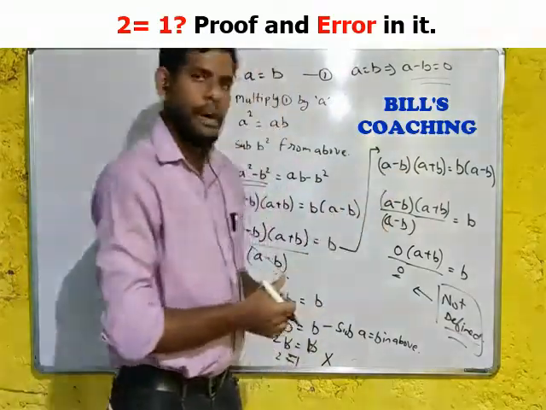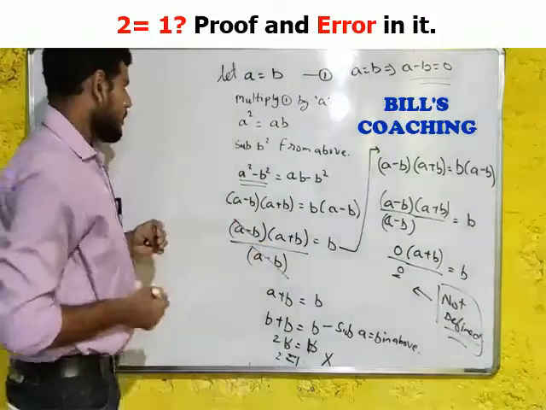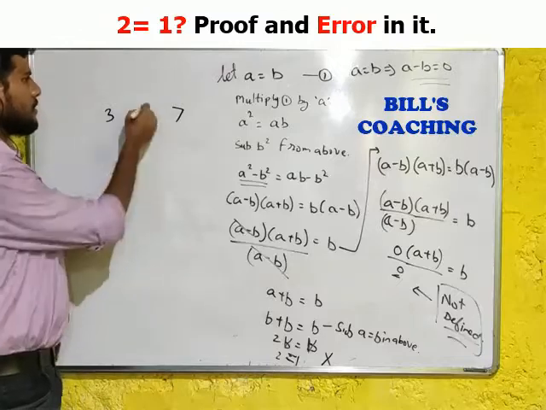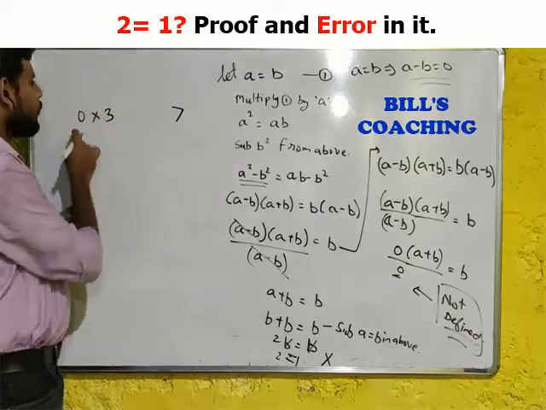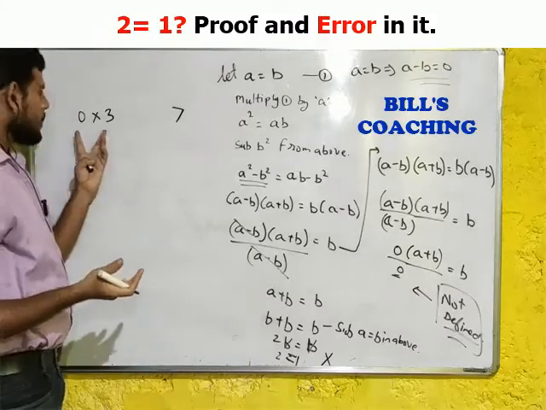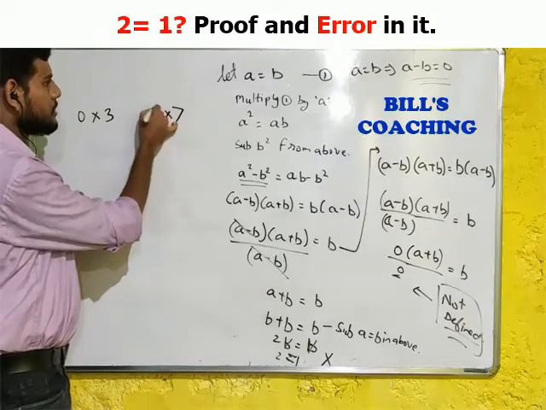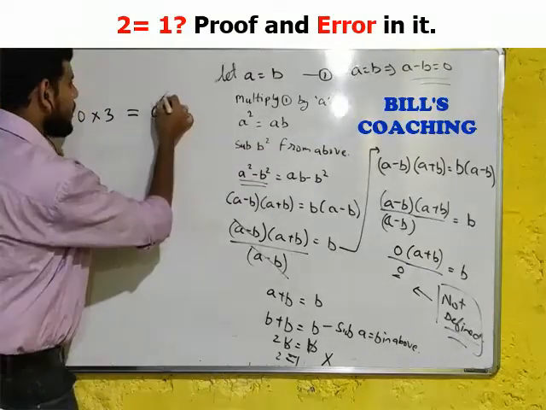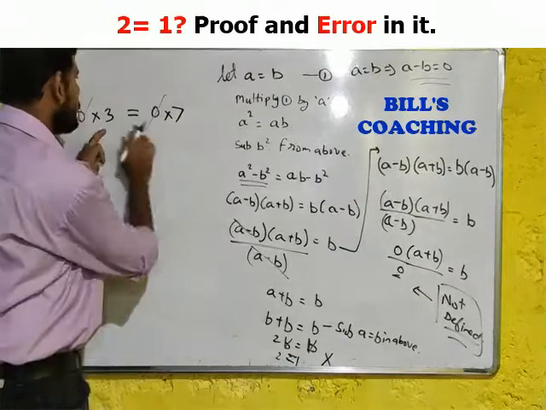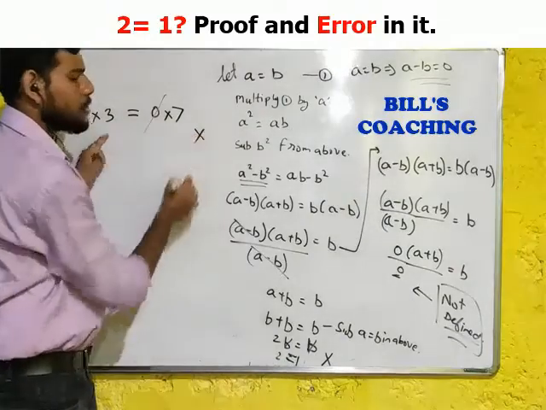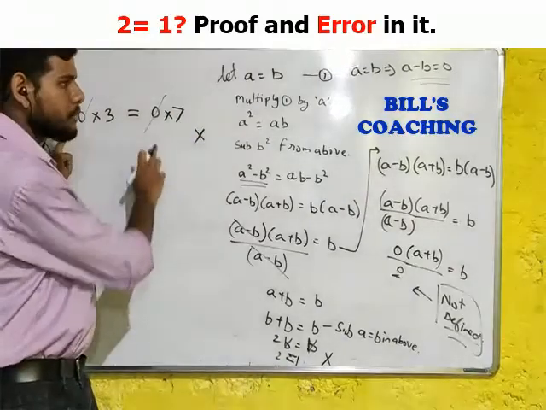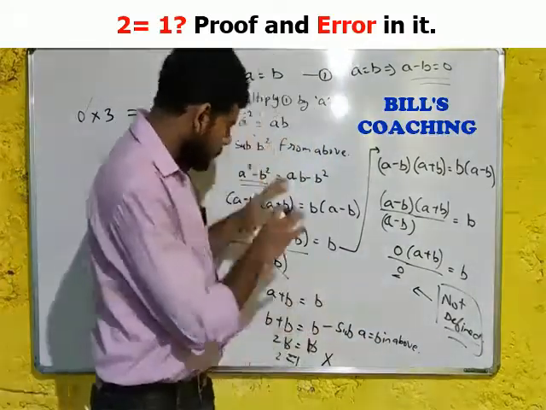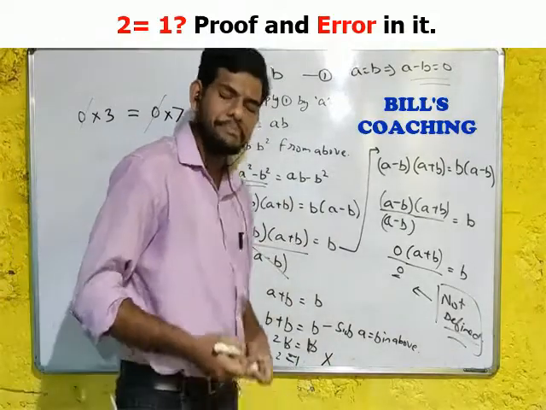I am going to explain one more part so that you can understand better. I'll take one number as 3, one number as 7, whatever it is, okay. Now if I multiply them by 0, what will be the answer? 3 into 0 is 0. I'll multiply by 0, 7 into 0 is 0. So 0 is equal to 0, right? I can write this. But remember, I cannot cancel it out. The result remaining, 7 is equal to 3, will give us a wrong result. You cannot cancel 0 directly. You cannot divide 0 by 0. That is not defined. This was the only error in this proof and we got a very wrong answer.